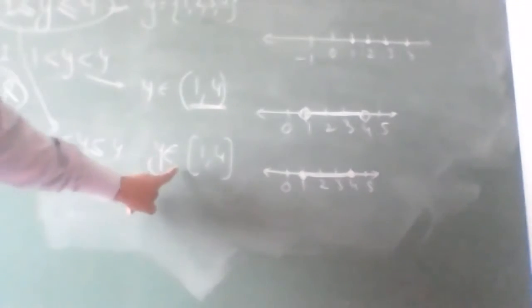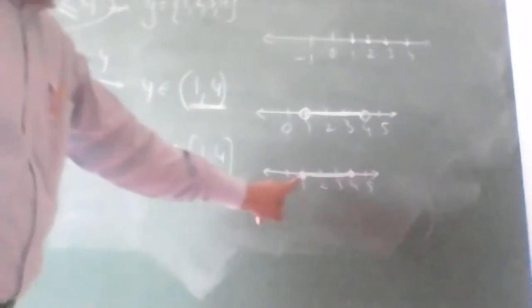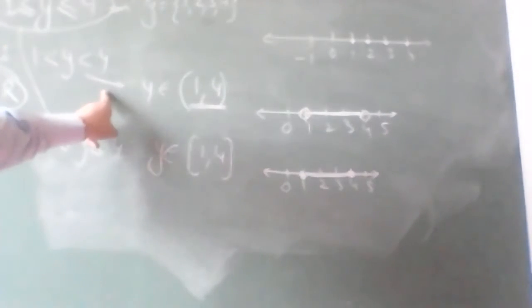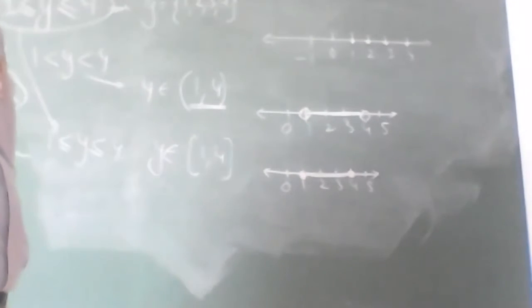I hope now this example is also clear. If it is a closed interval, we'll have dark circles, and if we have open intervals, then we'll have the empty circles. It can be 1 and 4, 1 and 4. Open interval system. I hope things are clear.